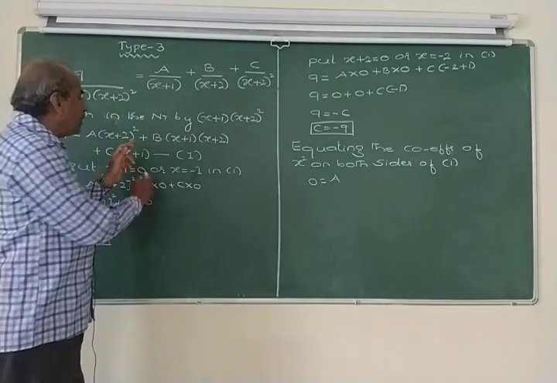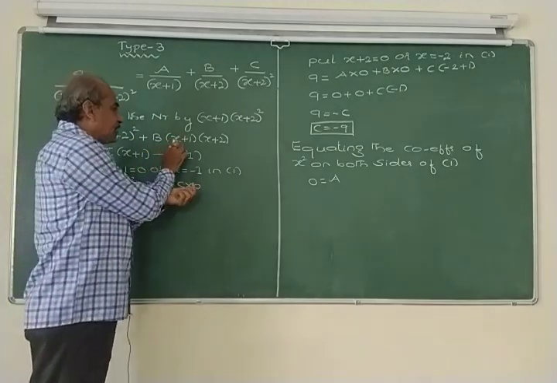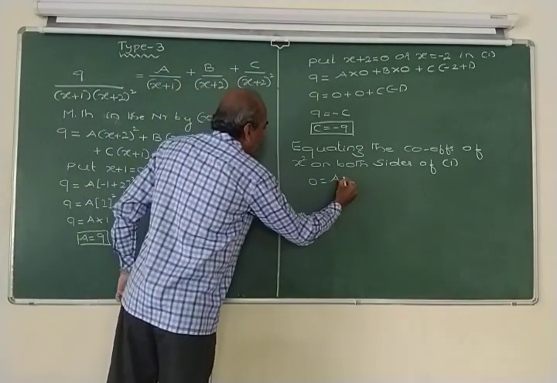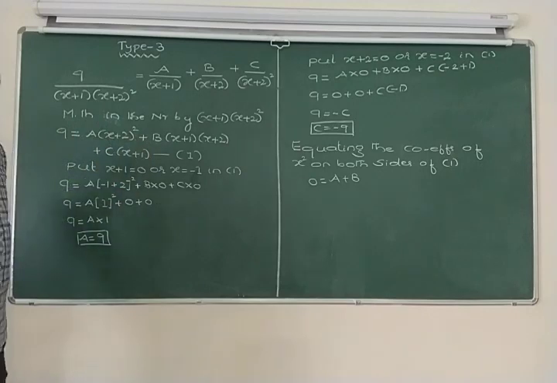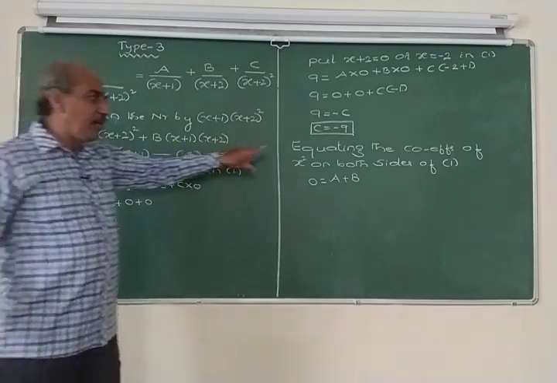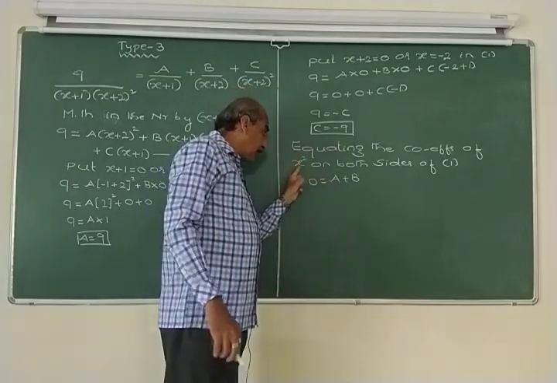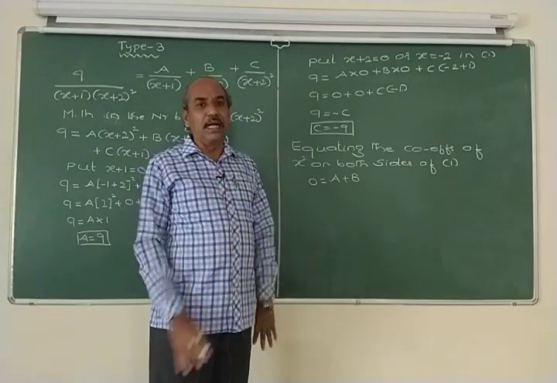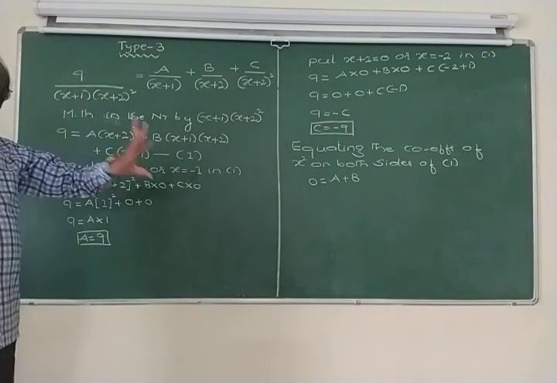But here you see, if I take the usual product, only one x square term you will get, x into x is x square, its coefficient is b. So therefore a plus b. If minus is there, minus you must take, plus is there, plus you must take. Here there is no question of getting an x square term on the left side, because I say equating the coefficients of x square on both sides. Why did I take particularly x square? That itself is the highest power, therefore I have taken that. Left hand side you do not have any x square term at all, therefore it is 0.